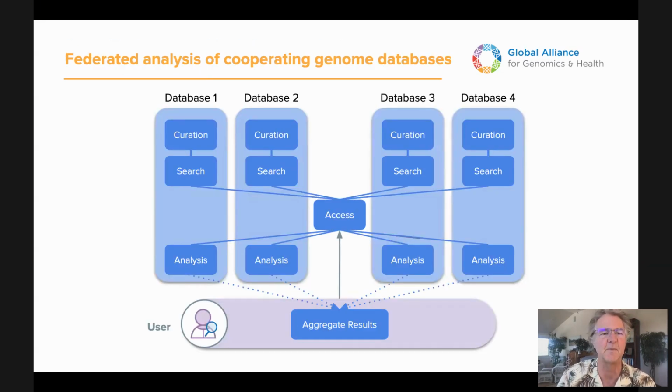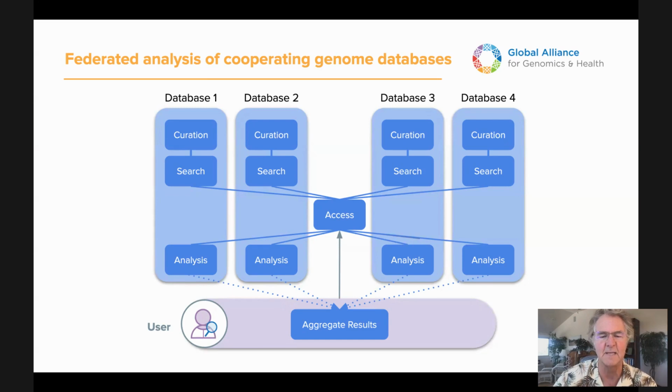So for example, to illustrate this, you can think about these databases as maintaining the data with standard protocol interfaces that an access program can access. And when you need to do research, you use those programs to access the data where it sits in the different databases under the different jurisdictions.